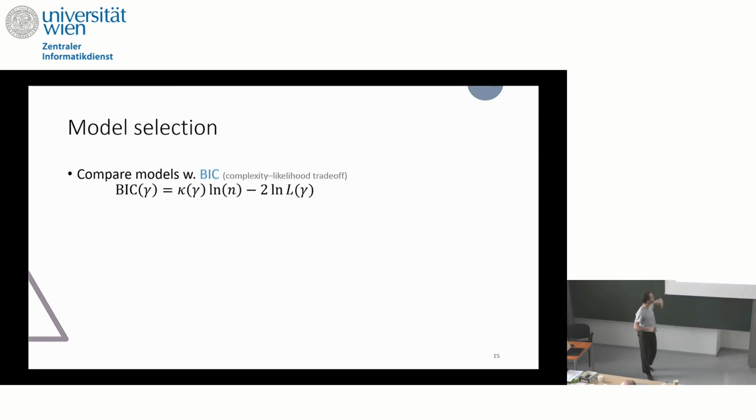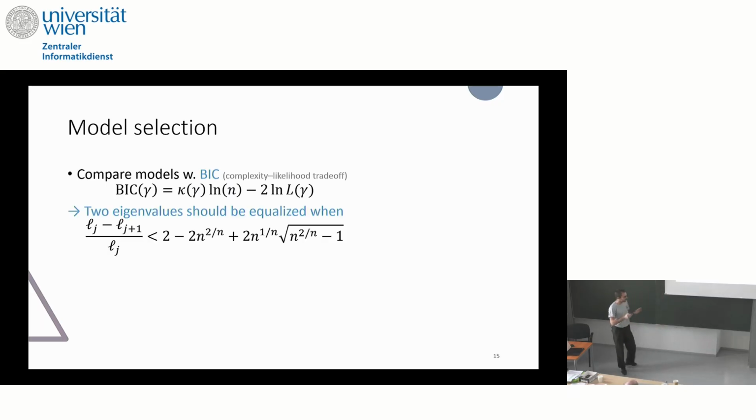So what we want is, given a data set, to fit a model that well represents the data, but at the same time is the least complex possible. And we have an important criterion for that, the BIC, Bayesian Information Criterion, which was also mentioned last week, which makes a trade-off between those two quantities. And we can play with it. And in the end, I won't detail the computation, but with that, we managed to get a result that is maybe the most important result you should remember about this talk, which is that